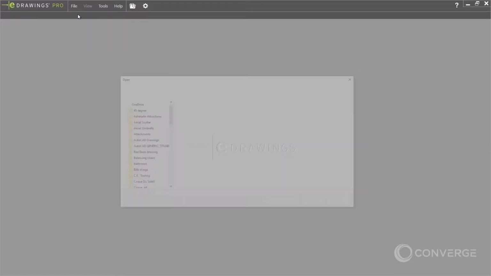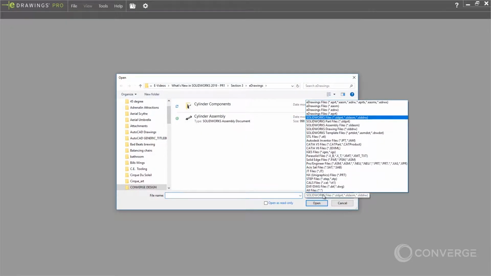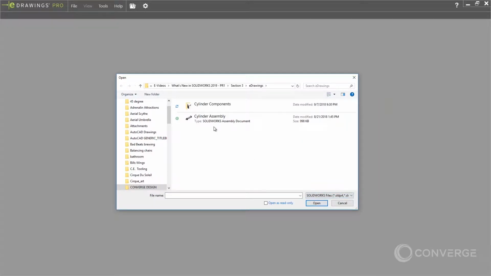eDrawings is an excellent tool for viewing CAD models and now gets even more valuable for 2019. eDrawings now supports several new CAD file formats. Parasolid, Solid Edge, SAT, JT, and NX files are now supported for viewing, making eDrawings your go-to choice for CAD